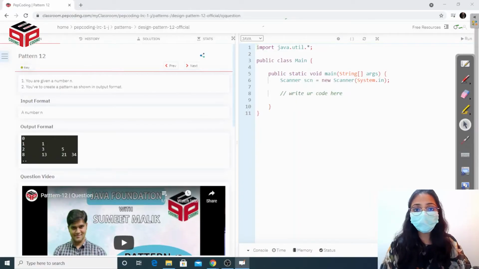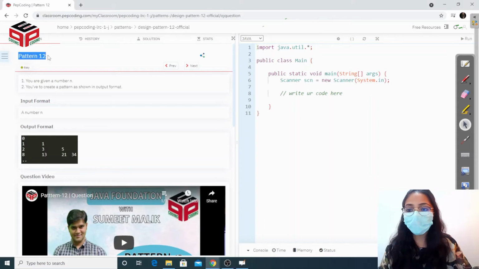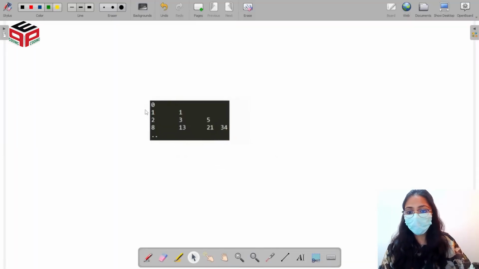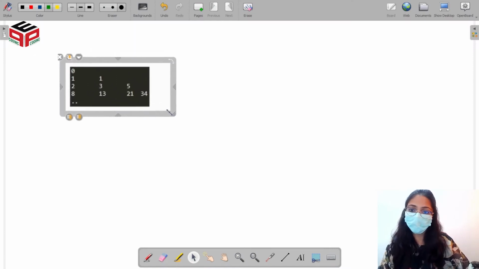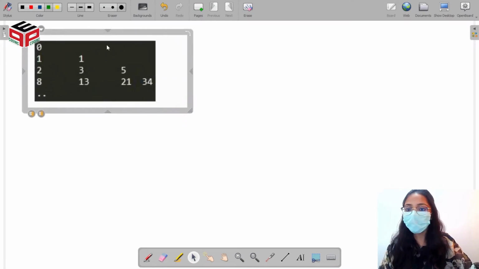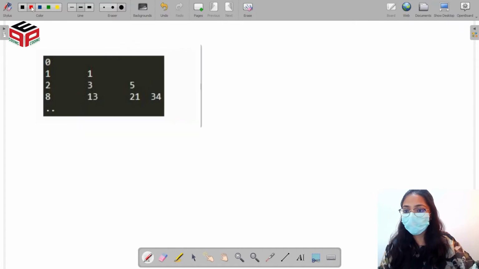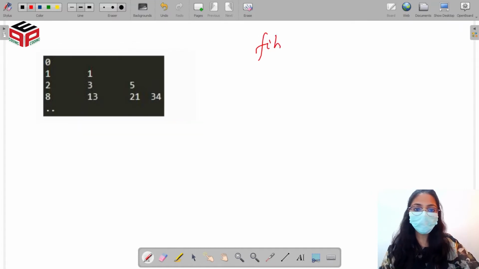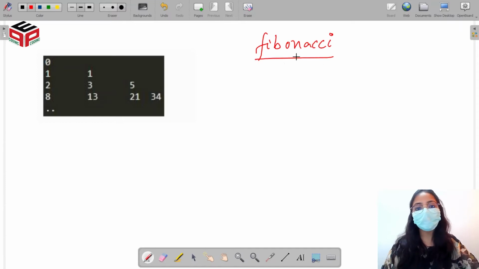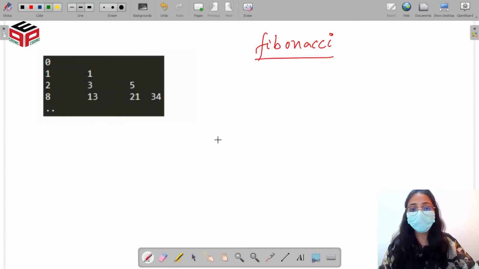So the question which we are going to solve today is pattern 12. Let us see what the pattern is and then we'll try to implement it using the coding. So over here I have a pattern, and if you recognize this pattern it will be very good. The pattern today is called a Fibonacci series. I hope you are able to recall what Fibonacci does for us, but if you are not able to, let